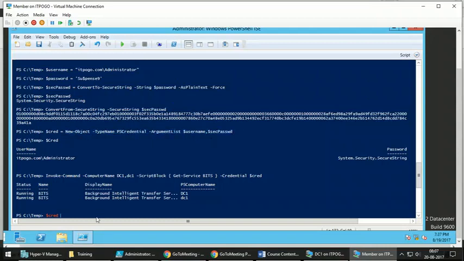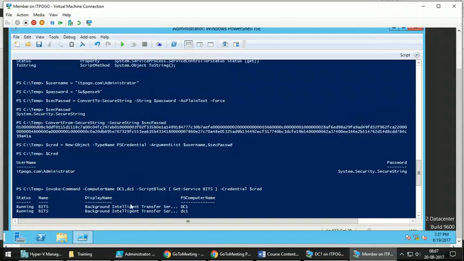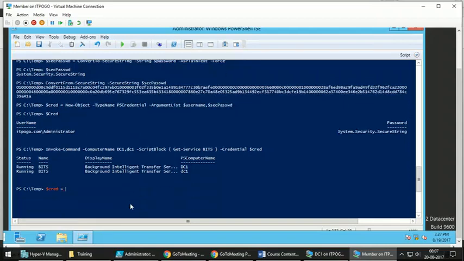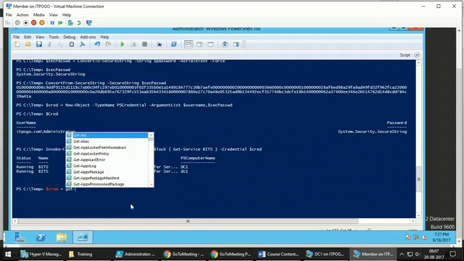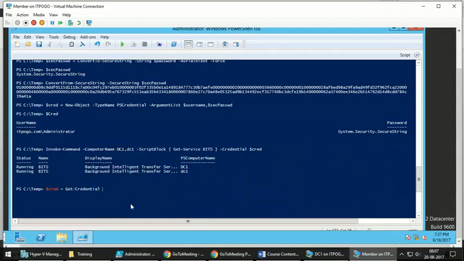But if you want to do it simply by asking for the username and password, you can use Get-Credential, or you can put any message, login.